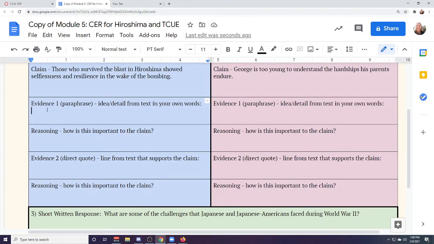Okay, you can put a quote or maybe a paraphrase. I am asking for a paraphrase here. You'll put a paraphrase for your first piece of evidence. You'll take a quote from the story and put it in your own words. And then you'll provide reasoning to back it up. Okay, how does this support your claim that the survivors showed selflessness and resilience? And then you're going to do it again, this time with a direct quote. And so just copy and paste a quote from the story that supports your claim